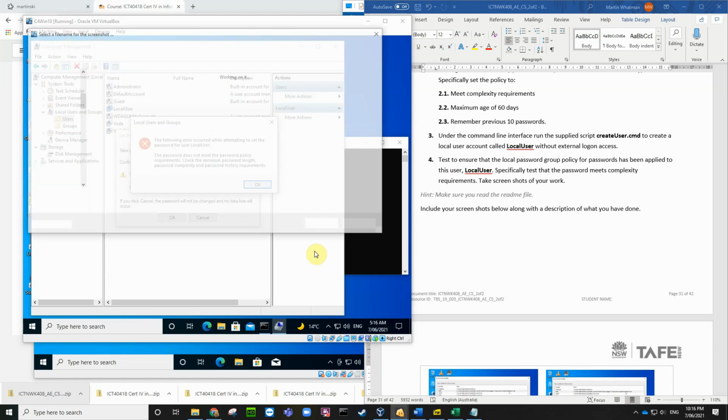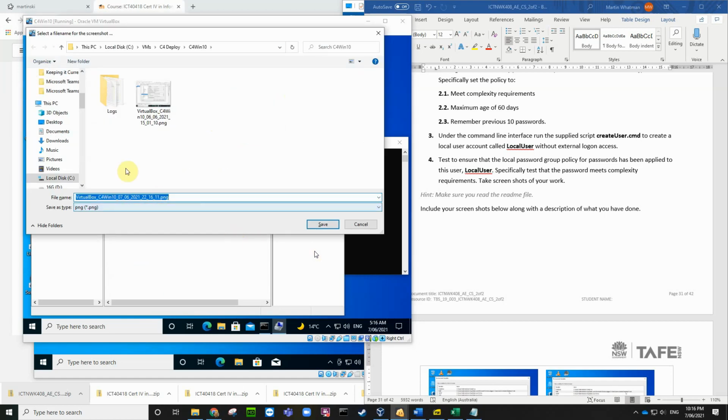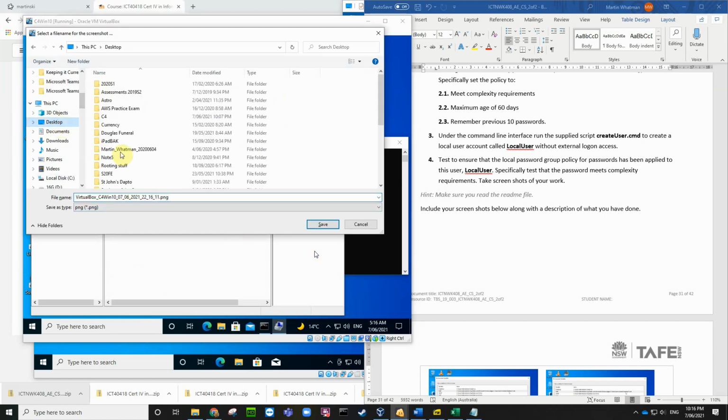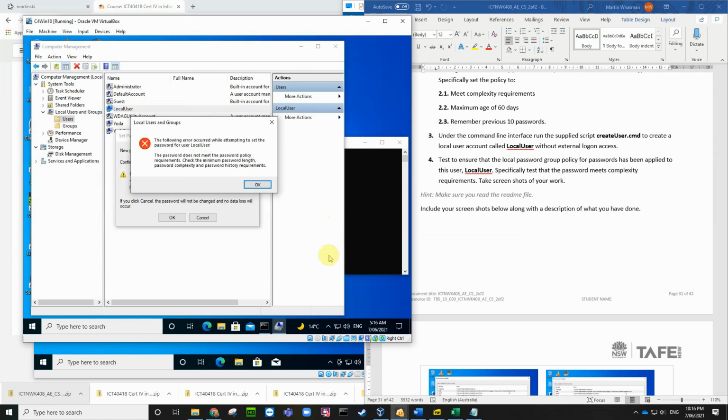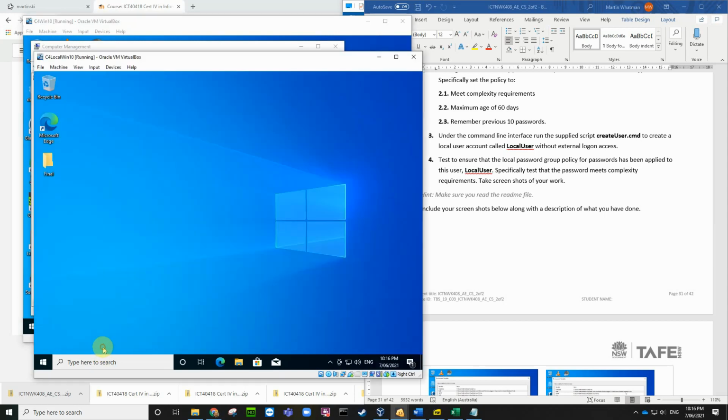Control E, that shows that the password complexity policy is there. Now I'm going to do that on the local computer as well, which is this one,